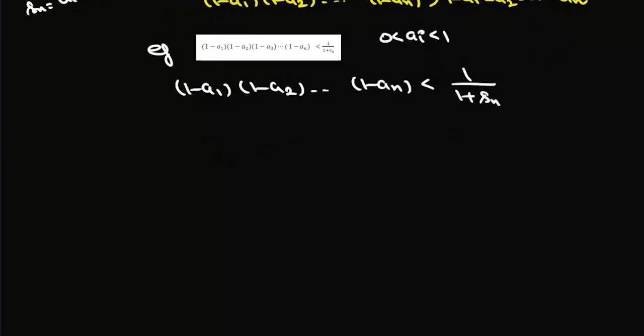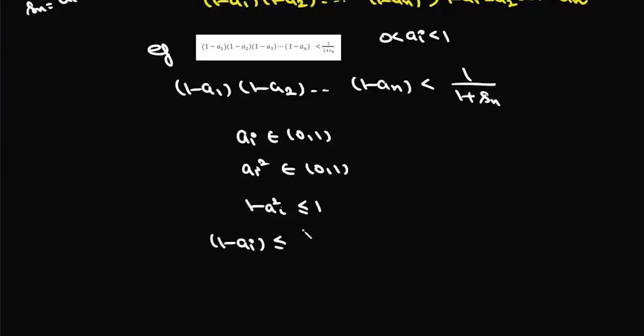Now to prove this, what we'll do is we know that any ai will lie between 0 and 1, then ai square will also lie between 0 and 1, and 1 minus ai square will be less than or equal to 1. So from here we can write 1 minus ai will be less than or equal to 1 upon 1 plus ai. Now if we take this product over all i,